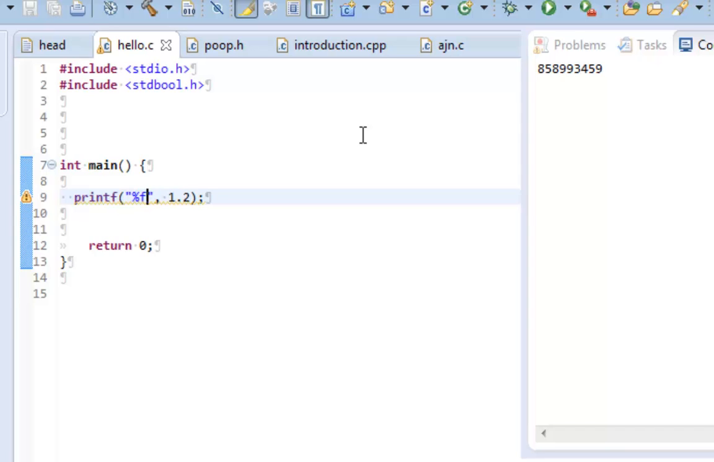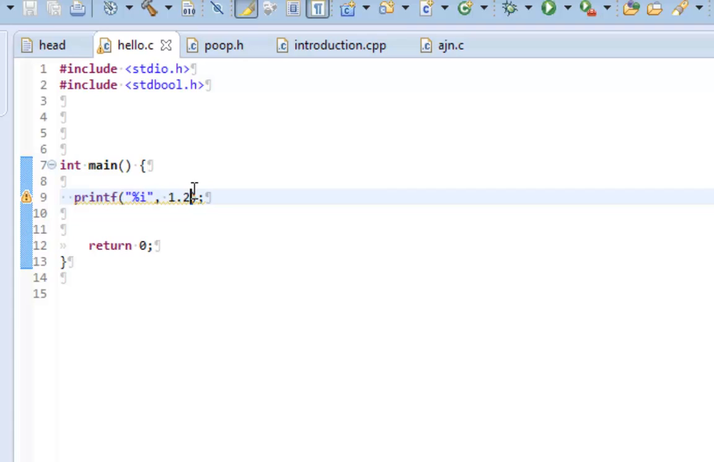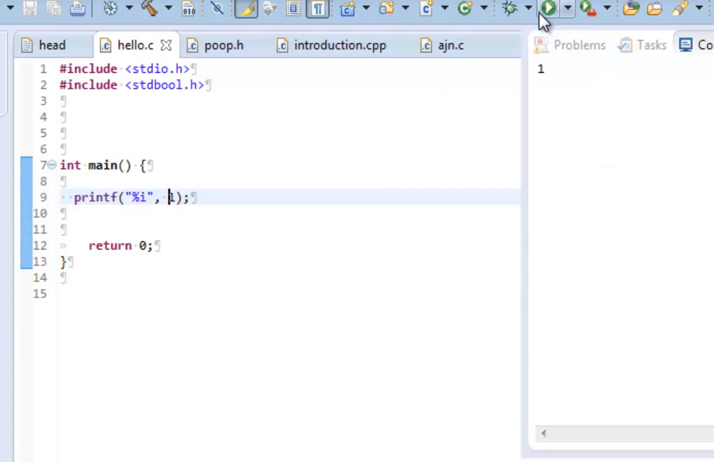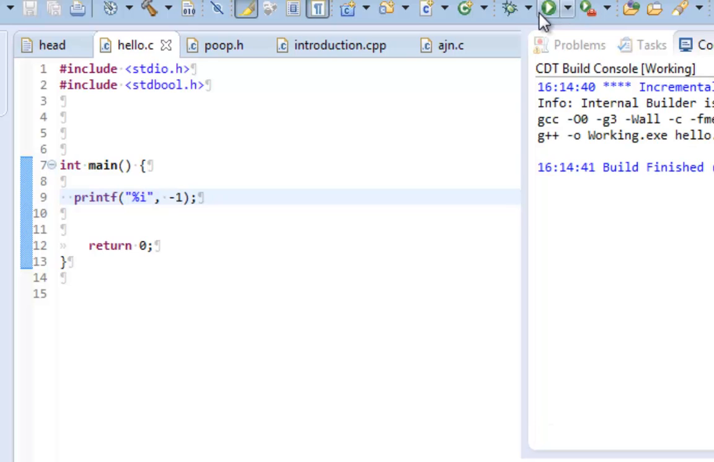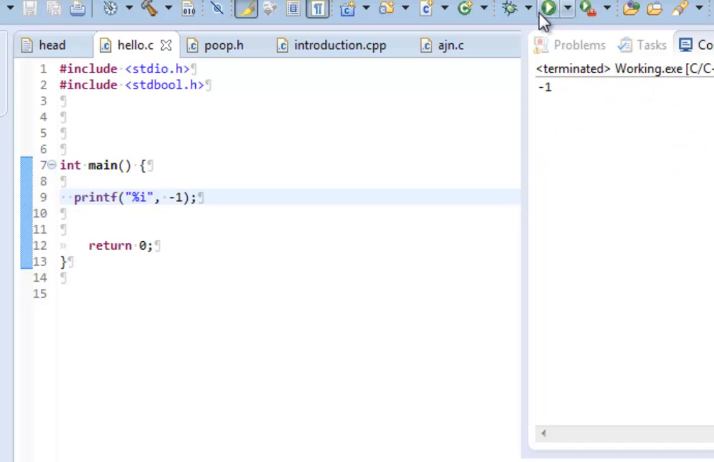And instead of d, you can use i as well, but it's an integer. And even if I make this negative, I believe I'll get the same result. And as you can see, %i does about the same thing as %d. They are the same with printf, but they are different with scanf. You can also use